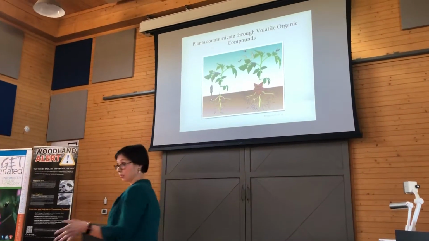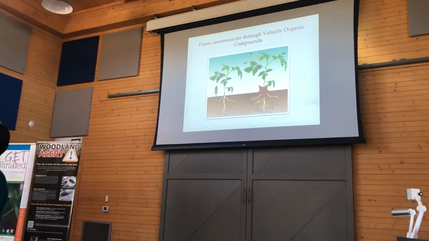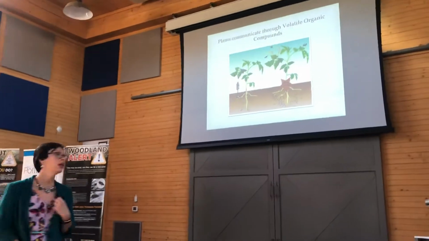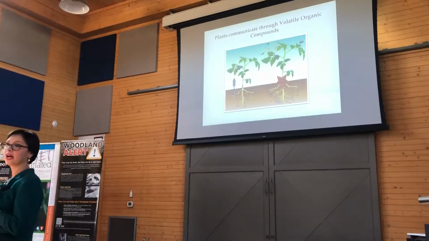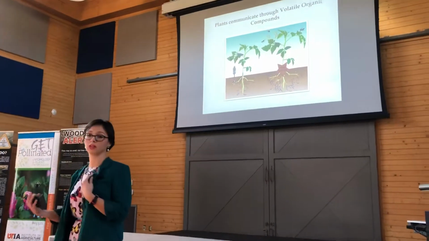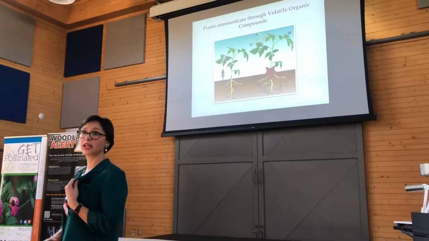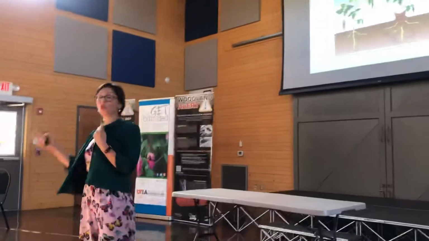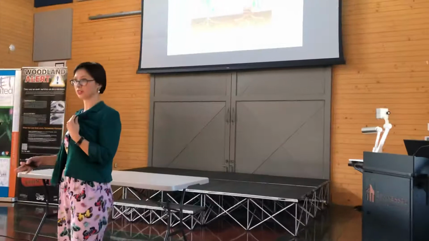So I want to mention too that plants communicate through volatile organic compounds. When a plant is attacked by an herbivore or a pathogen, it can have secondary metabolites that increase toxic compounds, or also the plant can release volatiles that can be a deterrent to pests. It can attract even the predator of those pests. Or it also is like a warning signal to other plants to prime their immune systems to get ready for attack.